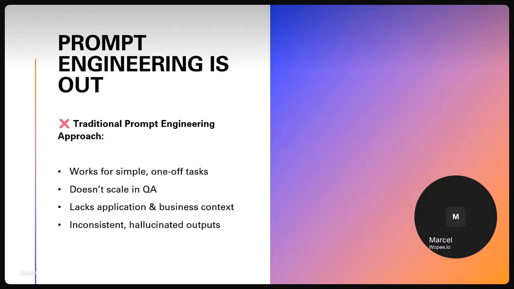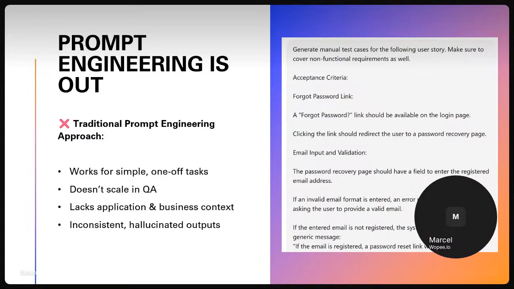It's not capable of gathering the whole context at once. It doesn't scale in our application for quality assurance, so it's not practical, each time with a user story, to copy and paste those long prompts, just change some details in the middle, and hope it's going to work, because it also lacks a lot of application and business context. It's mostly not that consistent. It doesn't deliver full traceability